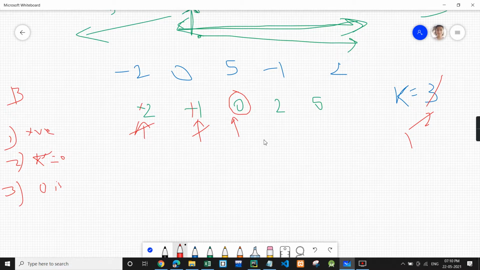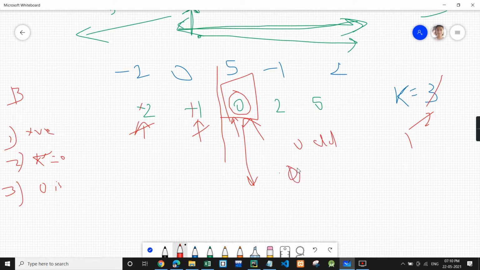Why? Because when you encounter 0, you break out of the loop, you know that you have found 0, right? And you can do any number of operations on 0. Either you do an odd number of modifications or an even number of modifications, 0 will become 0 only. It cannot be minus or plus 0, right? So you can do any number of modifications on 0.